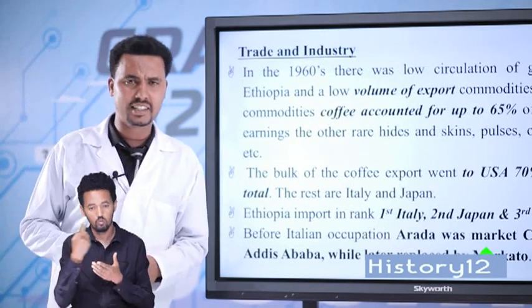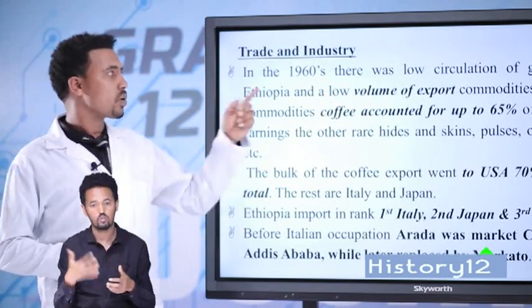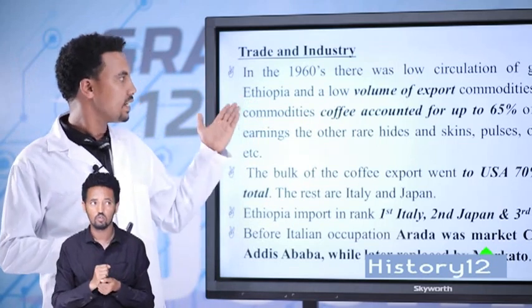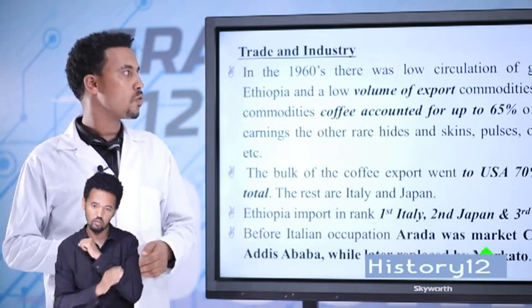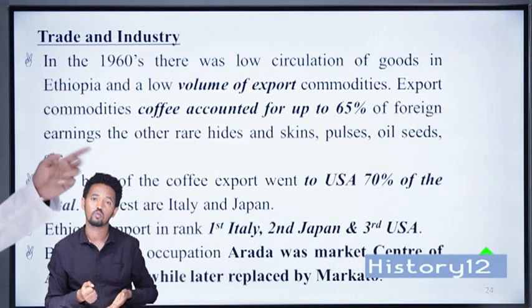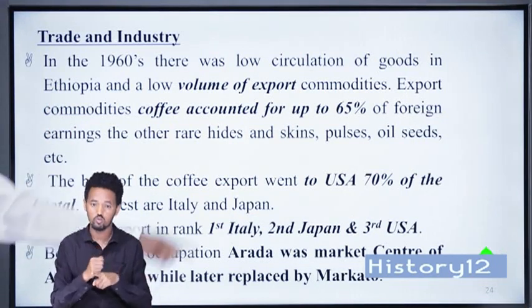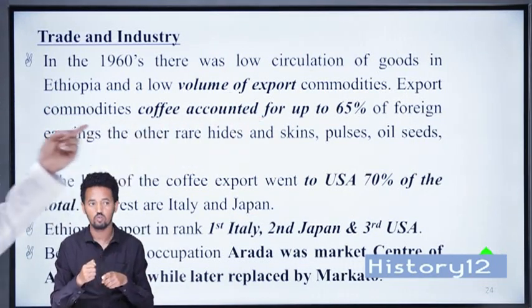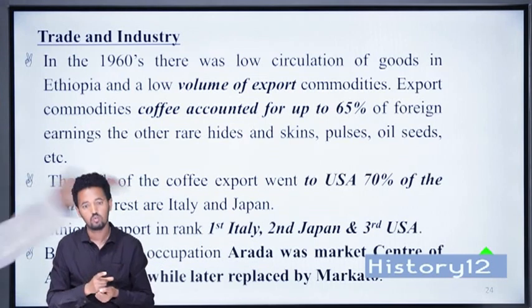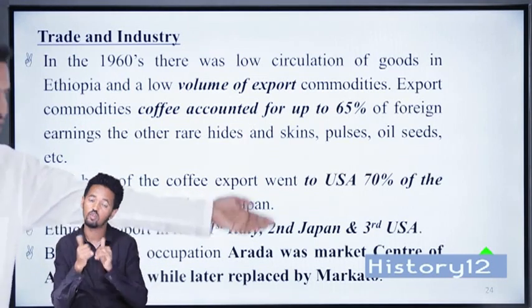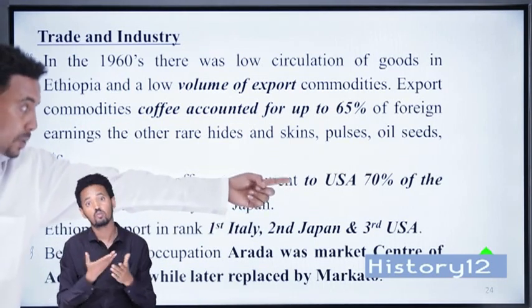What about trade and industry? In 1916, there was low circulation of goods in the country and low volume of export commodities. Of the export commodities, coffee accounted for 65% of foreign earnings. The bulk of coffee was exported to the USA. The USA covered about 70% of